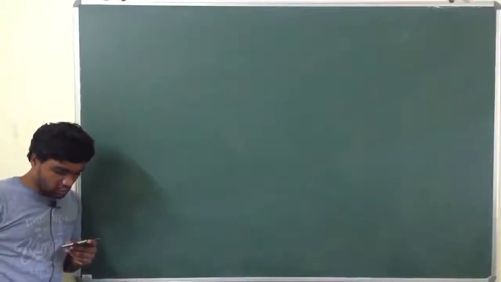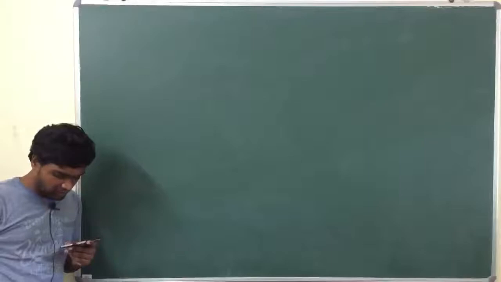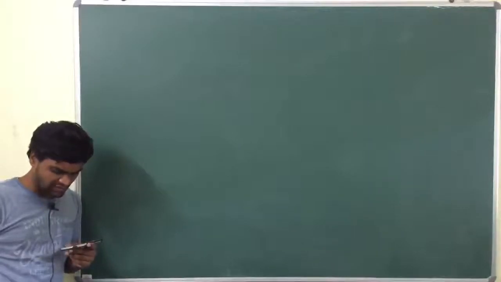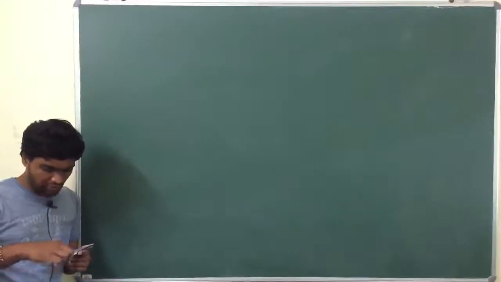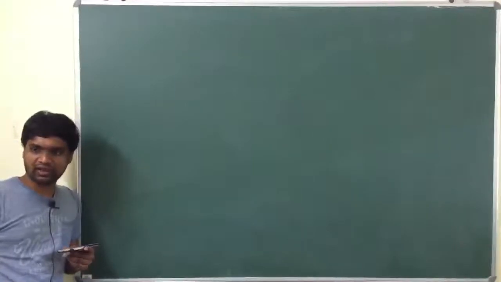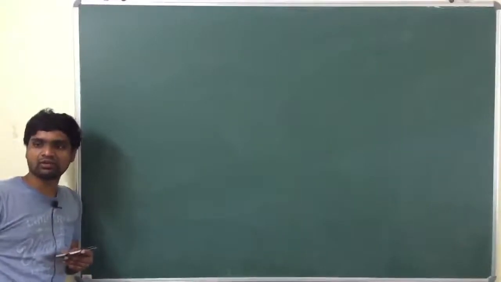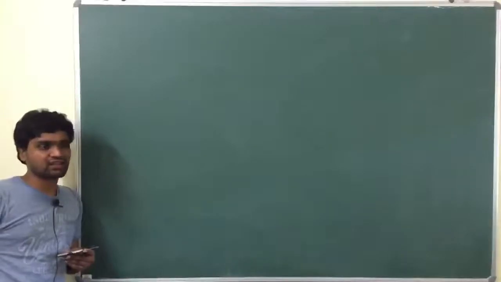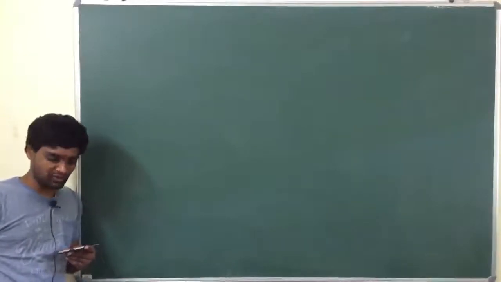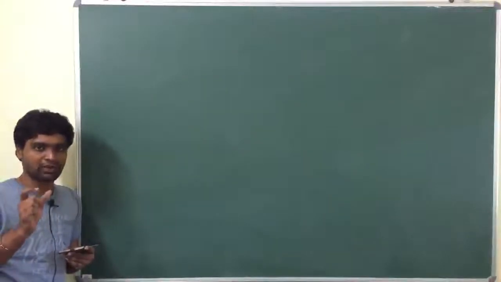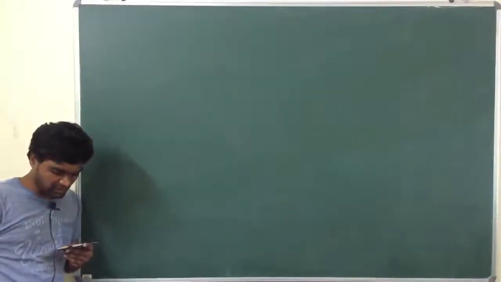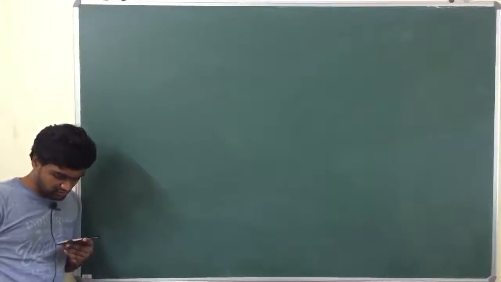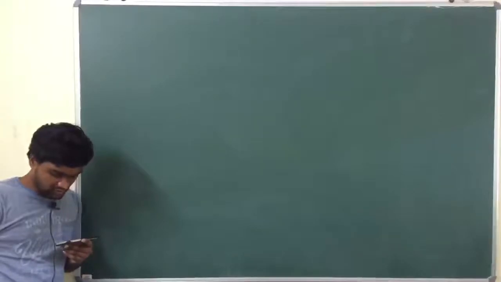63rd question only. The locus of the foot of perpendiculars from the center of the hyperbola on a variable tangent. Simple question. Next, 64. You have to use the foot of perpendicular formula: (h minus x1) by a is equal to (k minus y1) by b is equal to minus (ax1 plus by1 plus c) by (a square plus b square). There h comma k is the foot of perpendicular and you have to find the locus of that point h comma k.